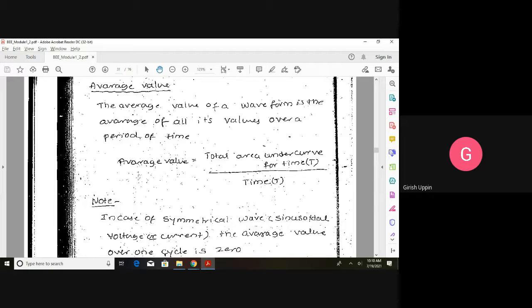Now, how can we represent an alternating quantity? One we saw is the mathematical equation, the second is the waveform, but both are very hard to comprehend. For example, if I tell you DC is 10 volt, you can easily understand, it's very intuitive what 10 volt means. But if I give the alternating quantity as an equation, let us say V is equal to 325 sin 314 t, which is actually your household voltage, will you be able to make any sense out of it?